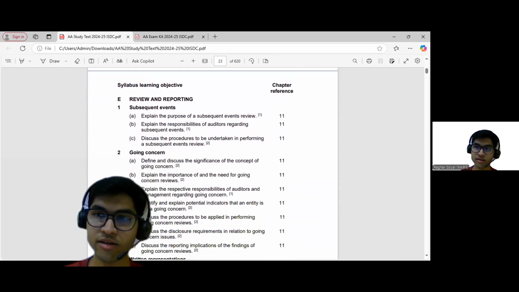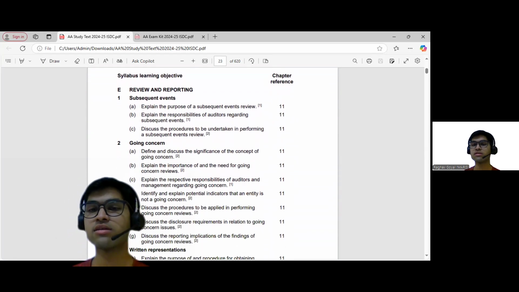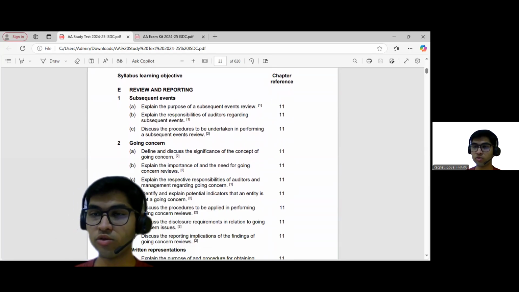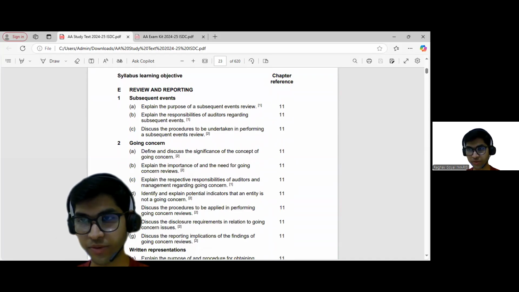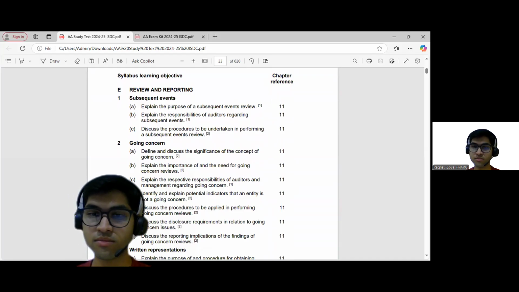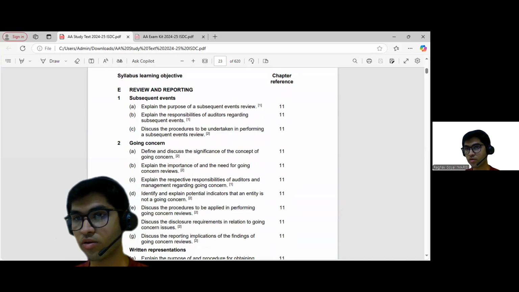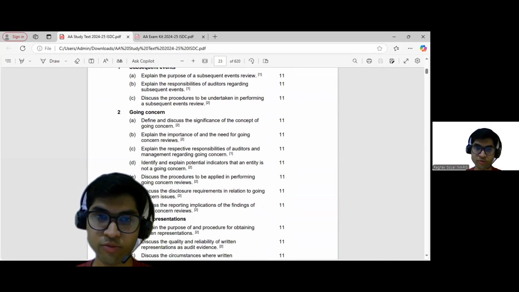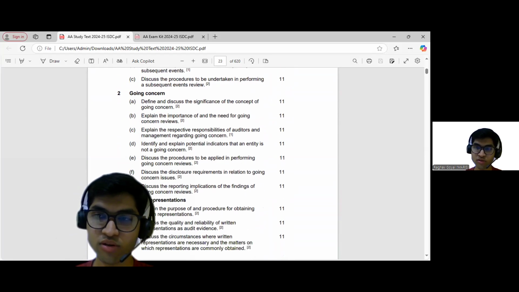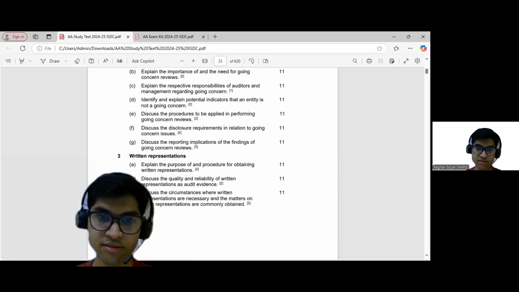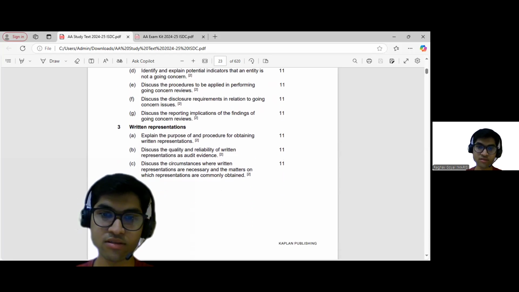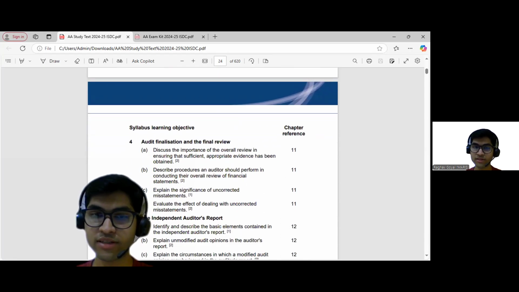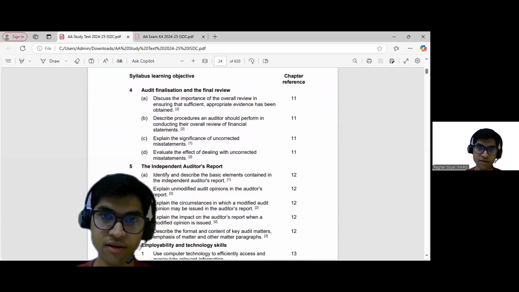Then at the end of the day, once you're done with all your procedures, if there are no misstatements or anything such as that found, then you give your audit opinion, whether it's a qualified opinion or an unqualified opinion, based on the procedures you have performed. Then you do the final things of audit, such as the documentation bits and obtaining documents from the management as well.